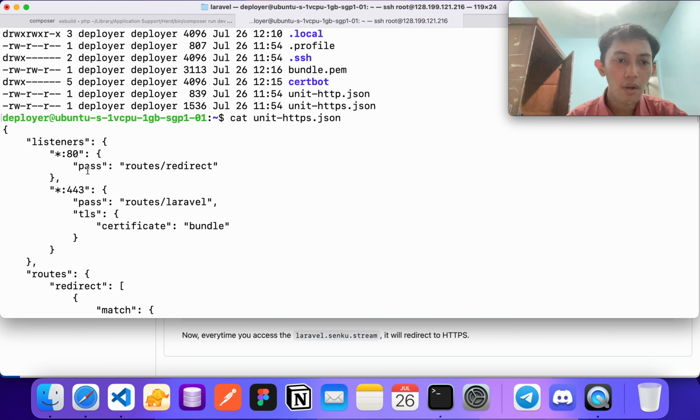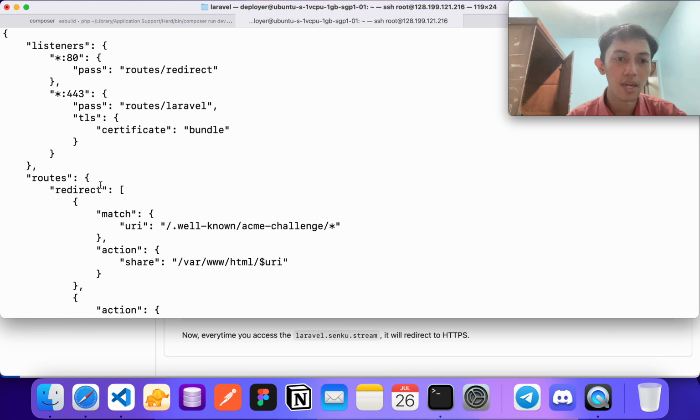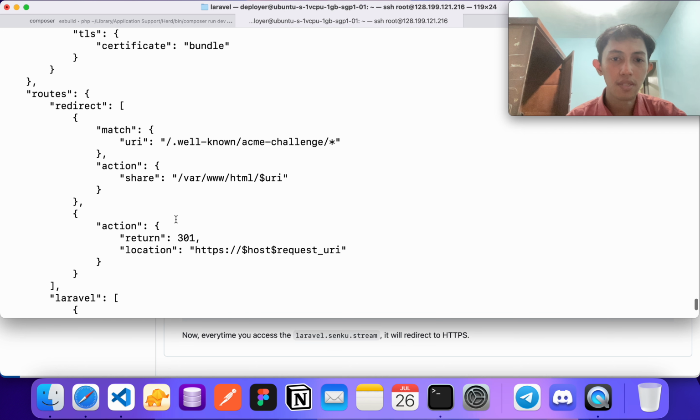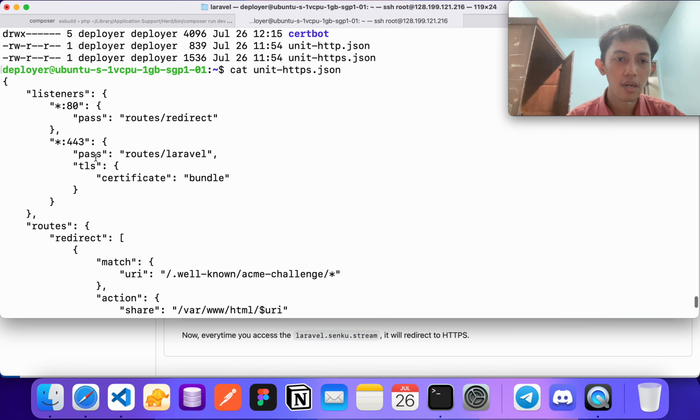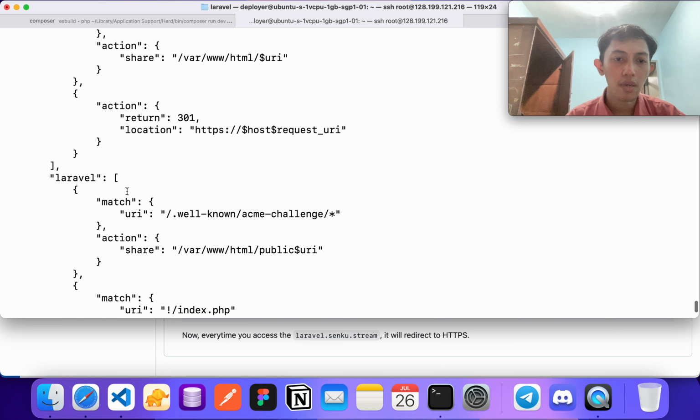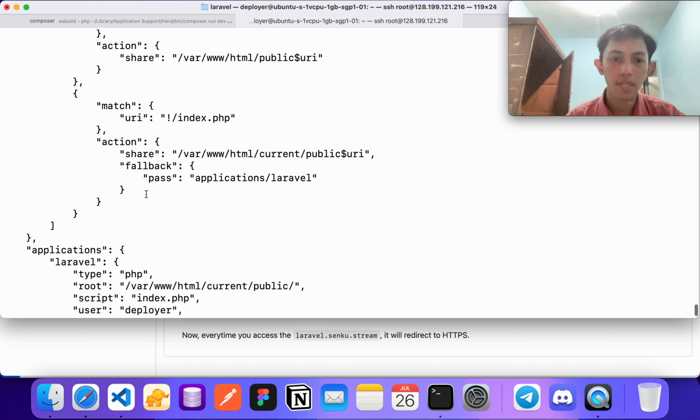So for port 80, it will pass into routes redirect, which is matched with this notation, and then it also has routes Laravel for 443. Here we are, this notation as this is. You can read it again, and then we are focusing in